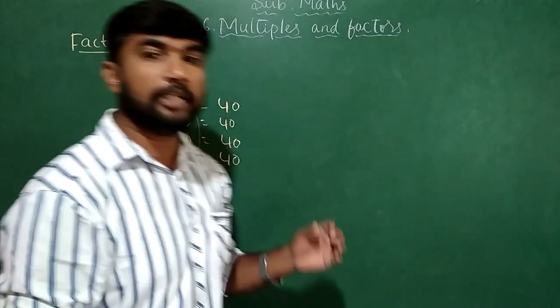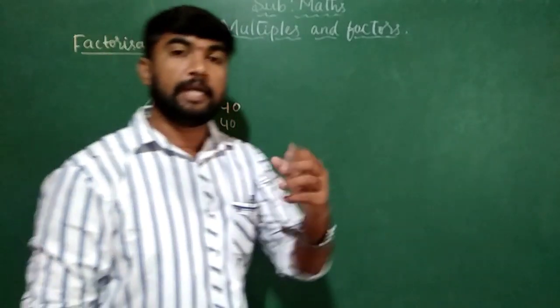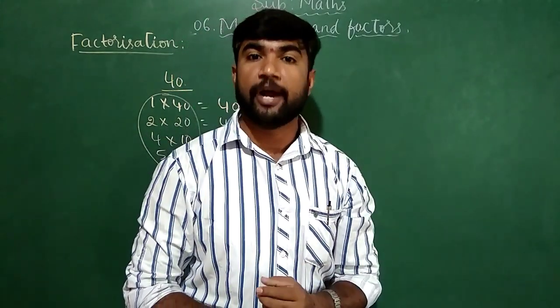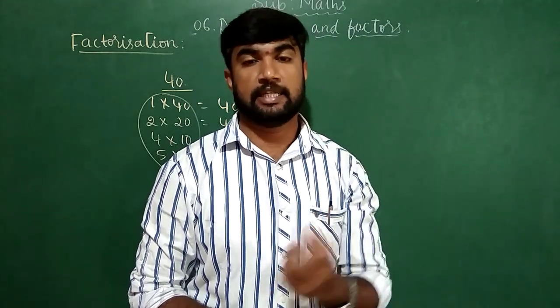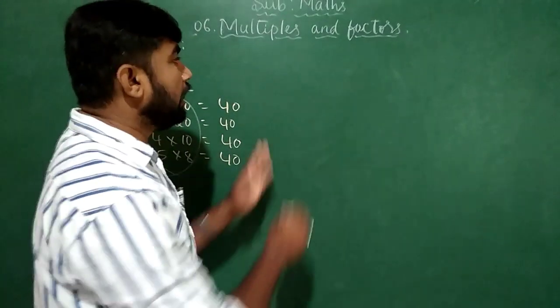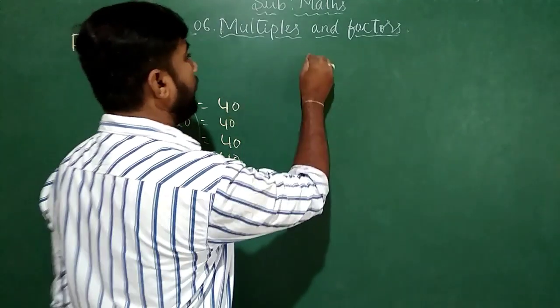See how to find the prime factors of a given number. In prime factorization we have 2 methods to find the prime factors: the factor tree method and the successive division method. I will show how to find the prime factors by using the factor tree method. The same example, 40.